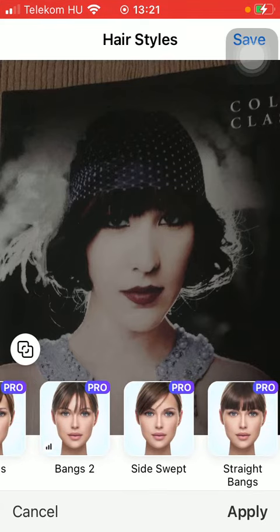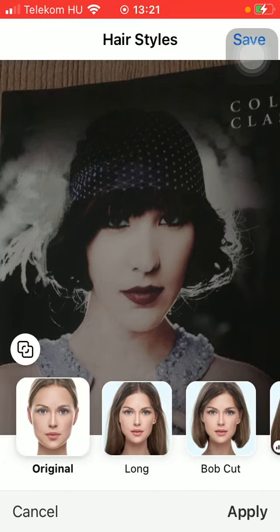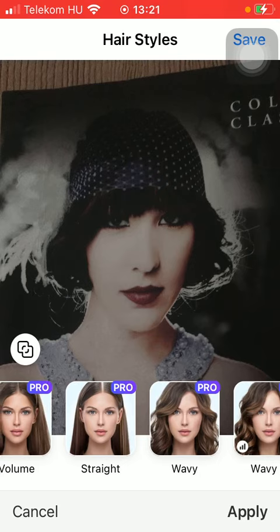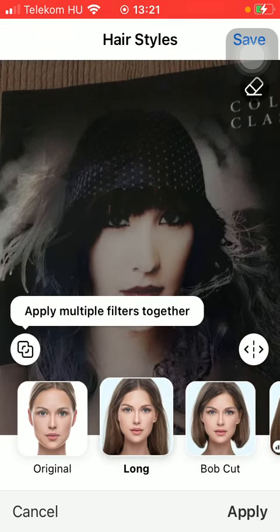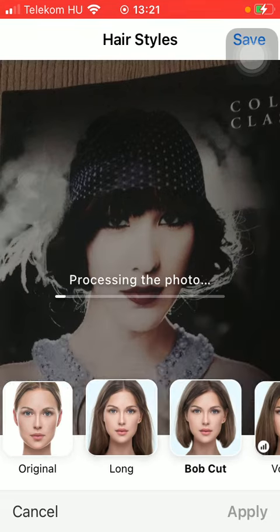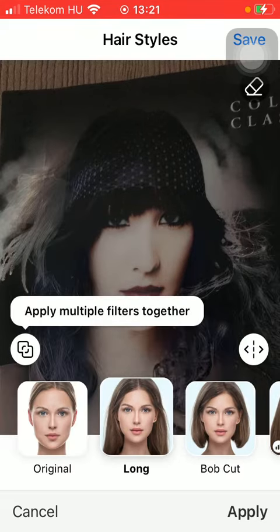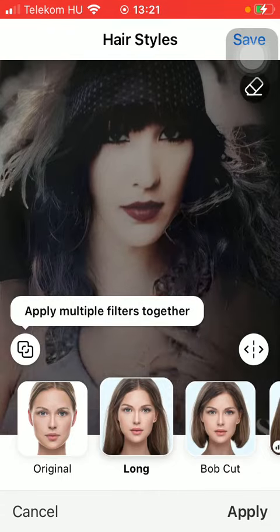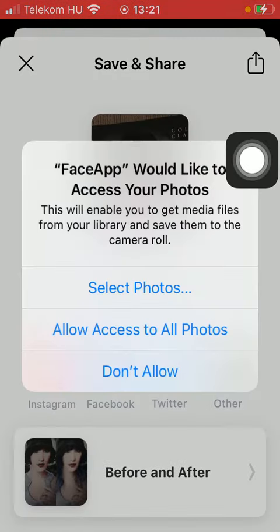the pro users of this application, so you need to purchase the premium to be able to use these effects. If you want to try out the free ones, just tap on the relevant one and you can see how it looks like on your photo. So if you want to save your picture, tap on the apply button and click on the save button in the upper right corner of the